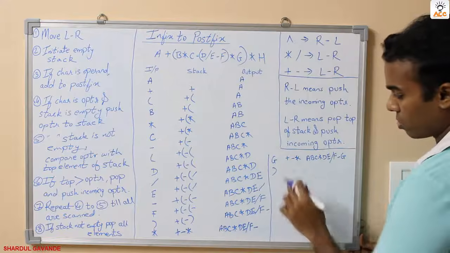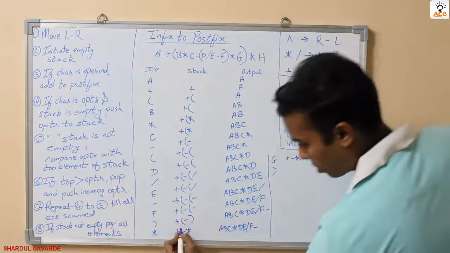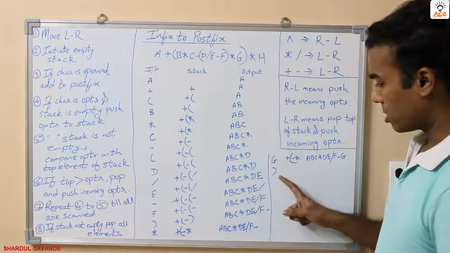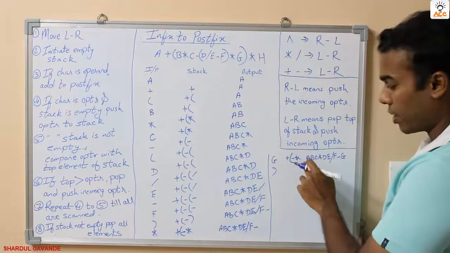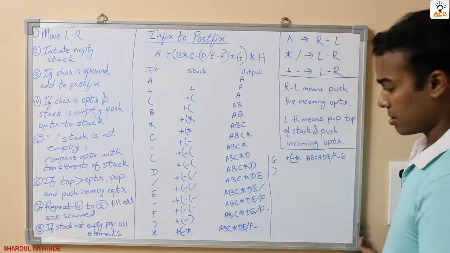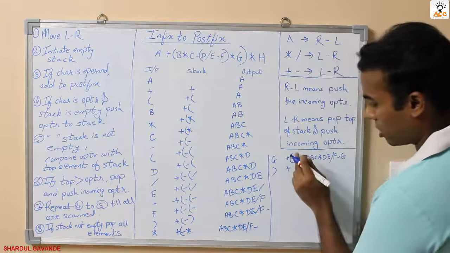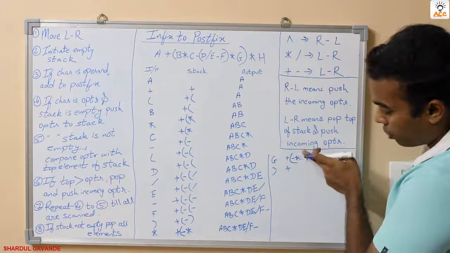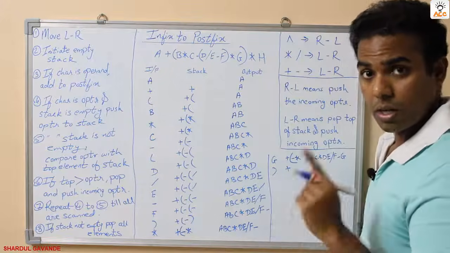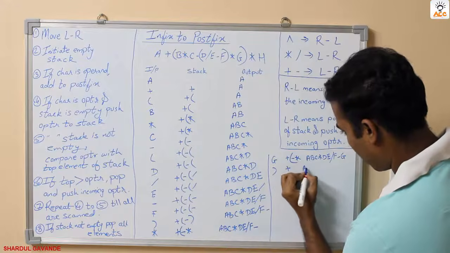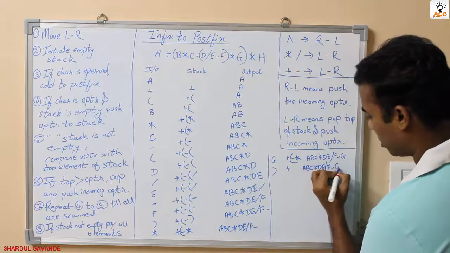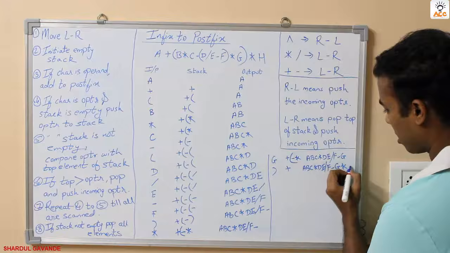A close parenthesis. Oh, I forgot to add this open parenthesis over here. Whenever a close parenthesis comes, whatever operators are at the top of the stack are popped out till we come across the left open parenthesis. So I will pop out these two elements, star and minus. First star, then minus, because in a stack we follow the last in first out technique. So here it would be A, B, C, star, D, E, slash, F, minus, G, then star and then minus.